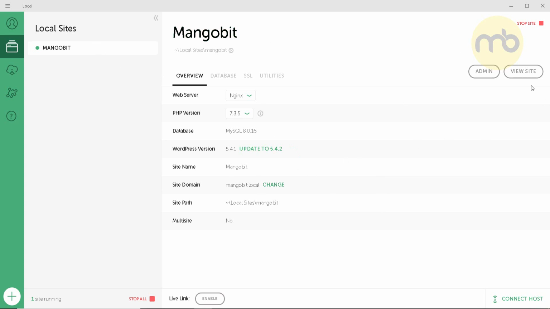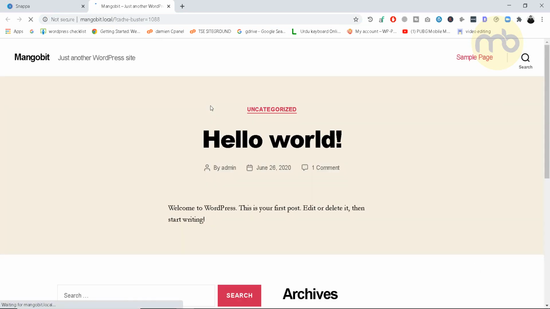Without any delay I will take you to the back panel of a Flywheel server, and this is the installation instance of a WordPress website. I will take you to the view website. Just click on it and it will take us to the website that is currently built on this server. These are the two buttons, admin and view site. By clicking view site, it will take us to the home page of a website. It's taking some time. This is the URL, mango.local,